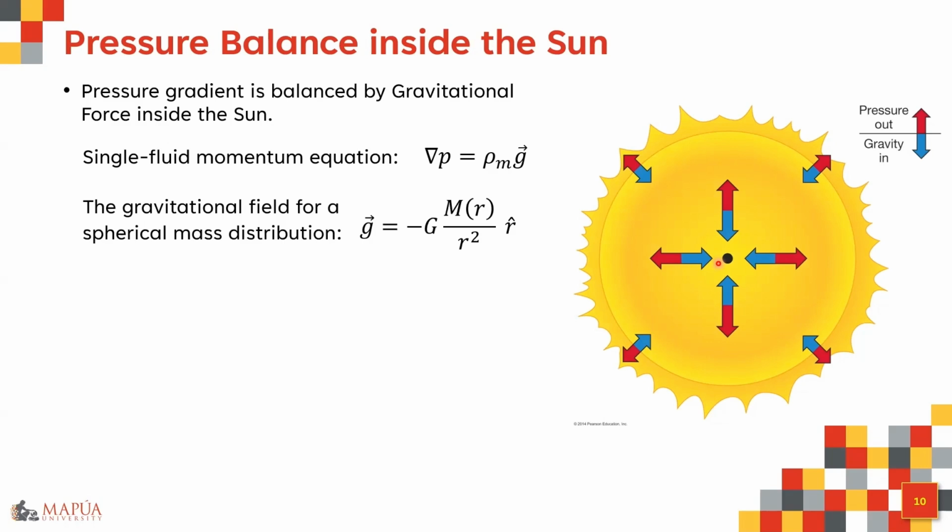No, so I'm going to show you the plot of how mass density varies with distance from the center of the sun. Okay, and you will see that the core is actually more dense than the outer regions of the sun. Okay, take note here that G is your gravitational constant, your Newton's gravitational constant. That's 6.67 times 10 to the negative 11 cubic meters per kilogram second squared.